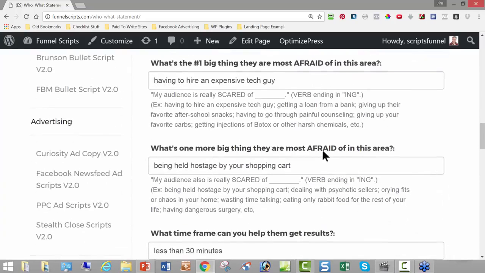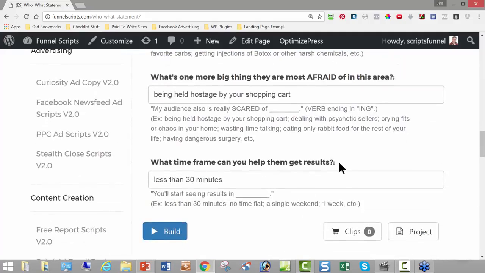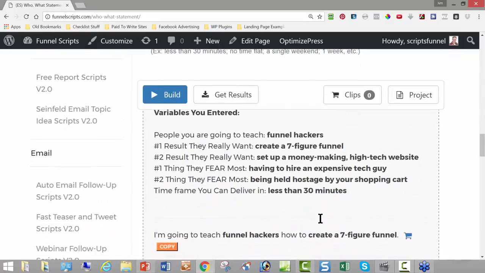What's one more big thing they're most afraid of in this area? My audience is really scared of blank. Again, a verb ending in ing, being held hostage by your shopping cart. And what time frame can you get them results? You'll start seeing results in less than 30 minutes. So we whack the button. And again,